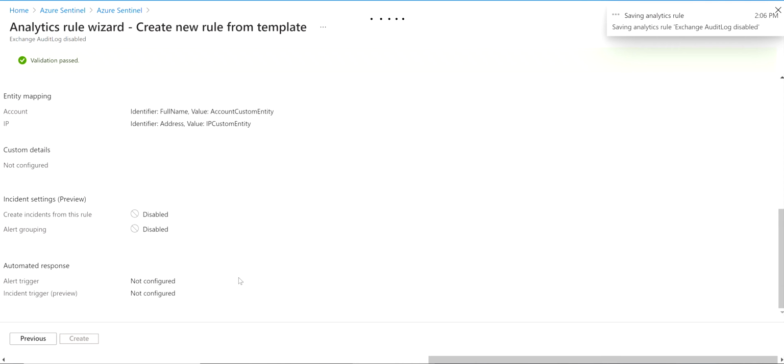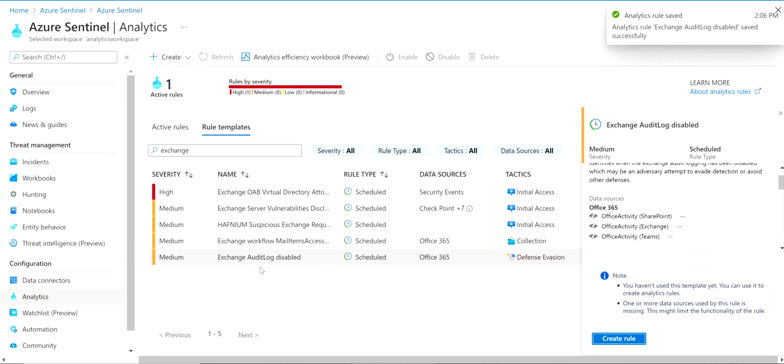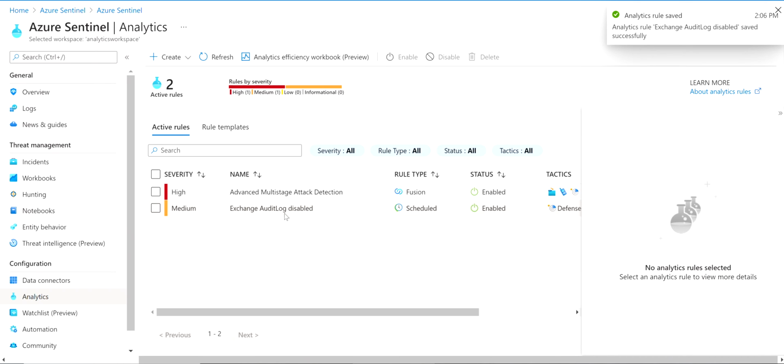I'm just going to create it. That's a few clicks away. You have a rule named Exchange Audit Log Disable. For example, some malicious actor logged in and then disabled the Exchange Audit Log, and now you have the logs collected from Office 365 to the Azure Sentinel workspace. Every hour when it queries, it recognizes, based on the logs that it collected, that the audit log was disabled, and now that specific alert is going to get triggered. So now there are about two active rules